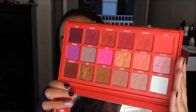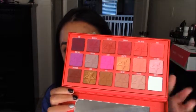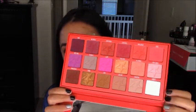But yeah, it has, how many is that? 1, 2, 3, 1, 2, 3, 4, 5, 6. Yeah, it's got about 18 shades. So it's really nice that it has that many shades. It has an array of reds, a lot of different reds, which I really like. It has some purples, shimmers, a little bit of transition shades, so they look really good. I'm excited to actually try this out, and I don't know, let's see. So let's start off,